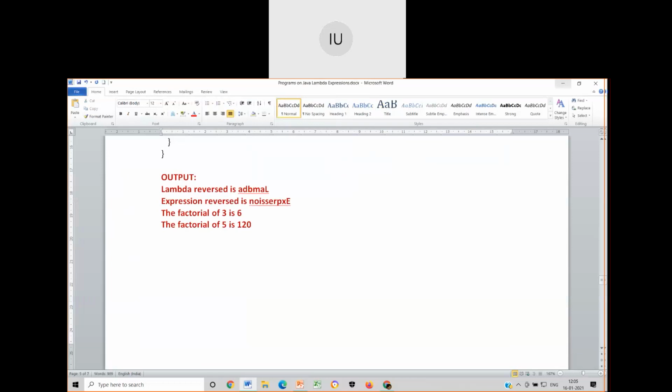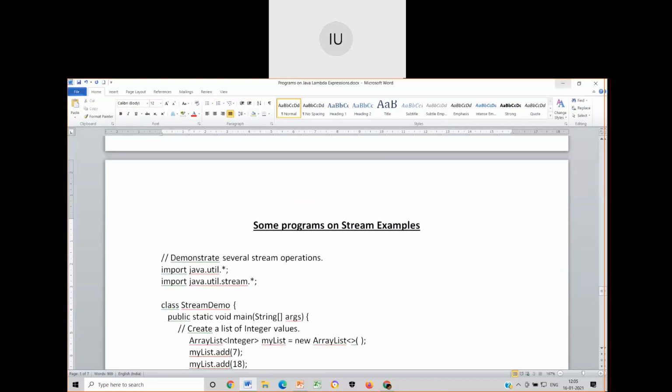Probably I have talked about character streaming and byte streaming in my initial classes when I started Java programming. Now, streams in Java have very important functionalities that you can apply on the available data to get the things that you want from that data, without writing the code for that. You just have to call those functions. Only those functions I'll be discussing in this discussion. So, this particular stream example does this.